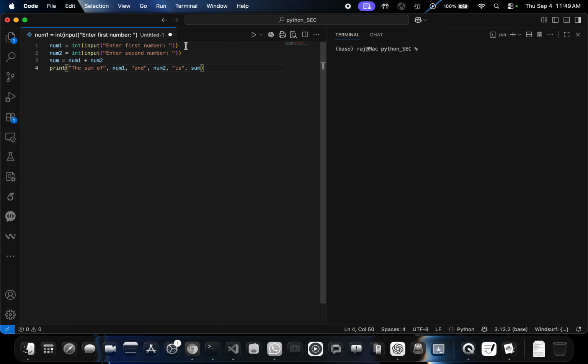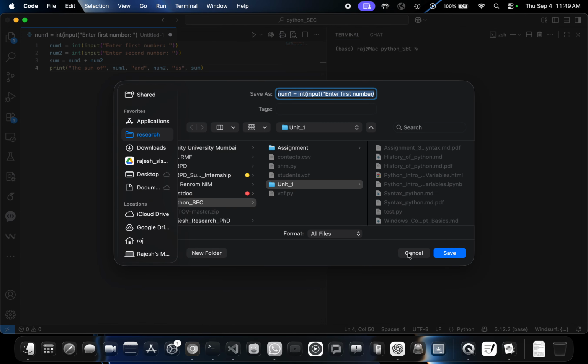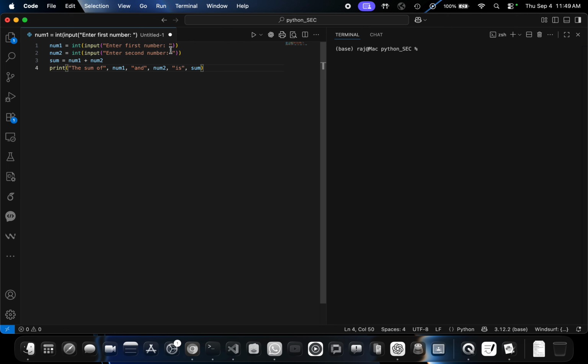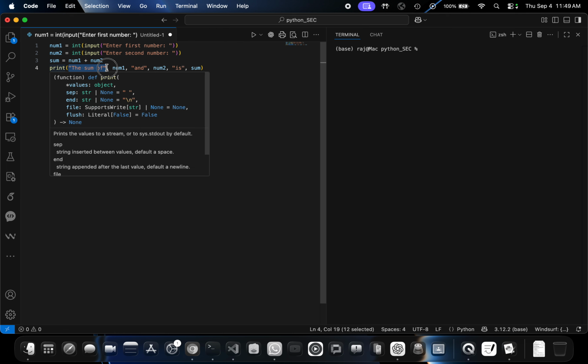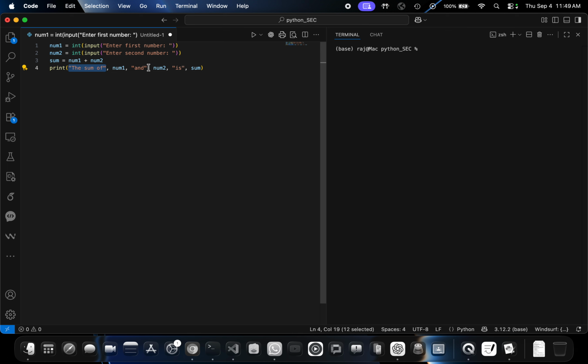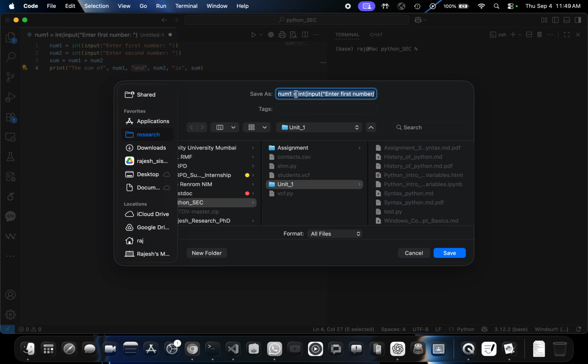So what I wanted to do was num1 is equal to some int. We discussed everything, right? And this is a fancy way of printing. You are printing some string, then comma variable, then comma again some string, whatever you want to display, then variable, then comma, then again some string, then comma variable. So we created a program. We did Control S, and I wanted to save it as, let us say, test.py.